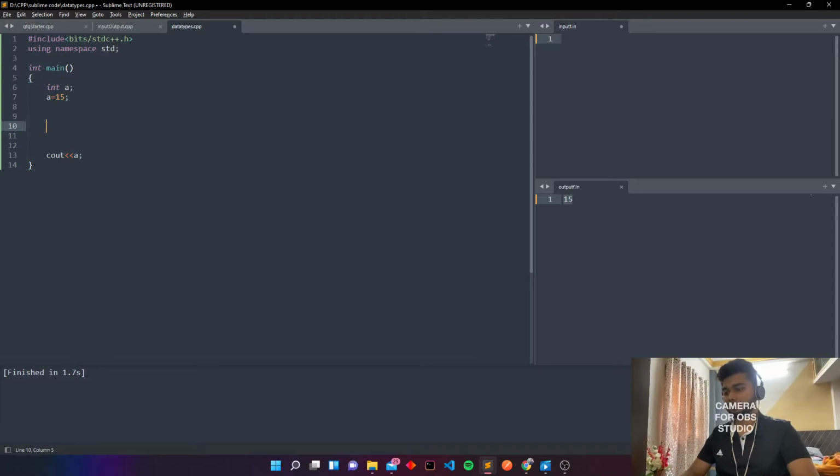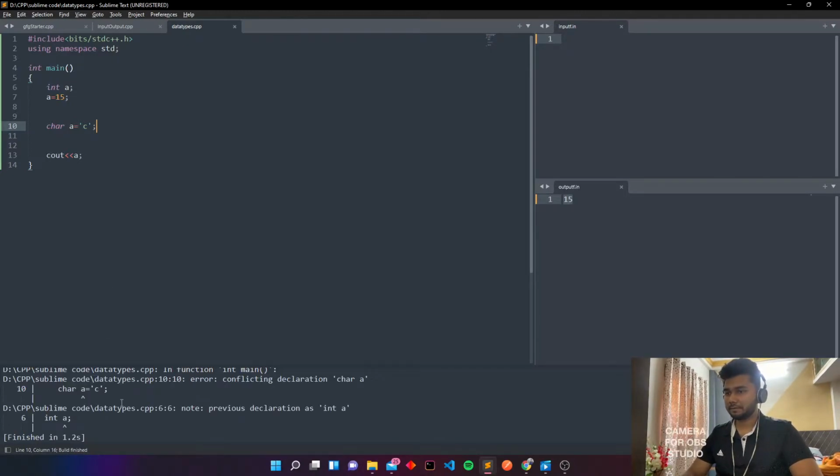Now the second is the character data type. Character data types are used to store a single character, like char a is equal to c. Now if you print c out a, it shows an error, because here I have taken int a equal to 15.